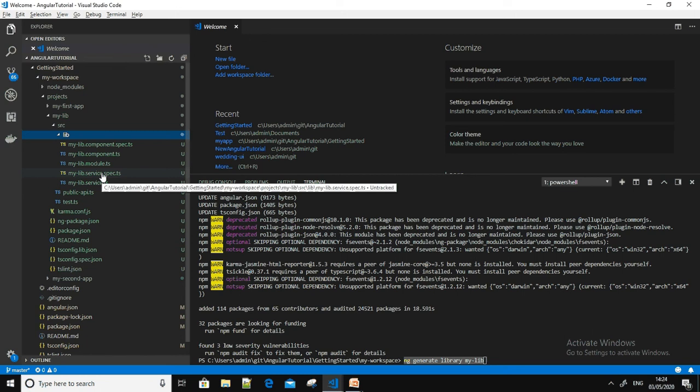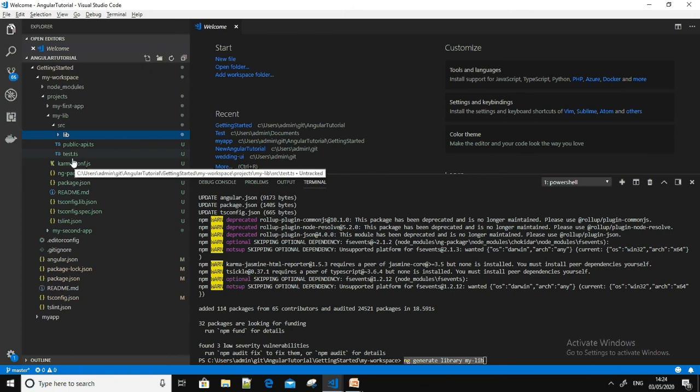Components, services, modules, directives, pipes you can add to the library later on. Then it has the test file, which is the main entry point for the unit tests of your library. And the public-api.ts file is a specific file which tells what files need to be exported.